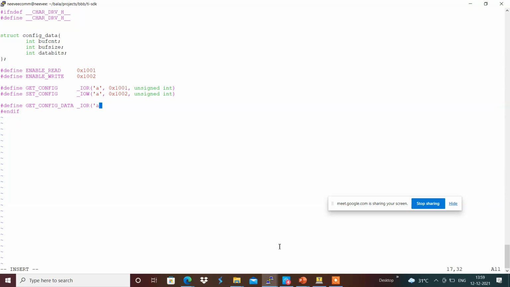The same way define set_config_data with IOW 0x10 comma 4 and struct config_data, so that we can push the configuration data from the user space to kernel space with the help of ioctls accordingly.